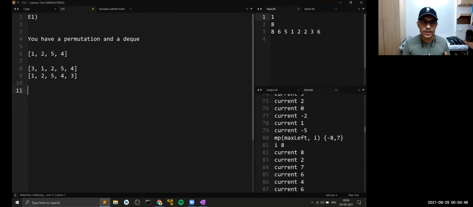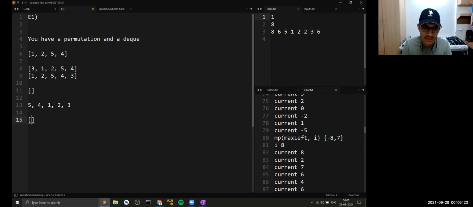Now, in this whole question, what you need to do is, initially you have an empty DQ. You need to keep inserting elements into it in the given order of the permutation. For example, if the permutation is like 5, 4, 1, 2, 3, this means that all these elements have to be inserted in order, which means that first you insert 5, then you insert 4, then you insert 1, and all these elements can be inserted either at the back or at the start. Right. So in this question, you need to insert these elements in such a way that at the end, your overall content in the DQ is lexicographically the smallest.